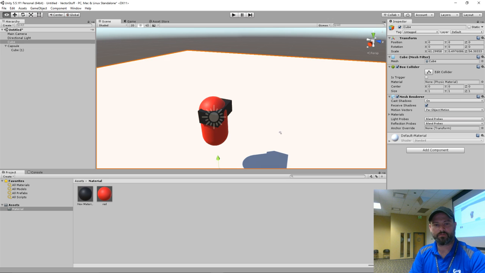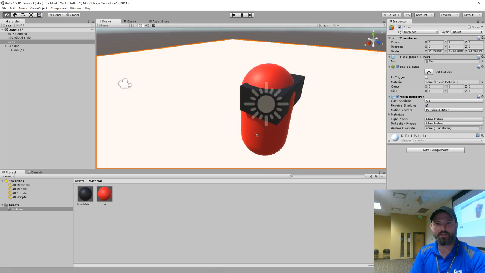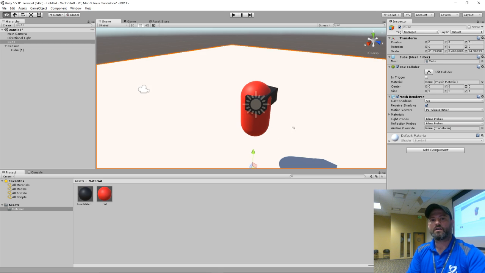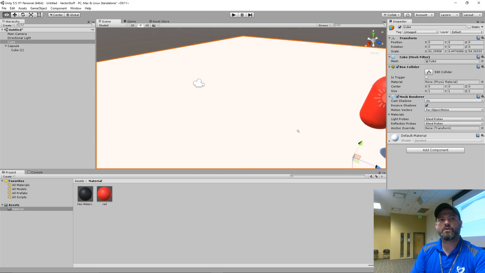There we go. Super awesome Sunglass Man. Yep. And actually, his sunglasses are a little Terminator glasses. Okay, so that's parented now.